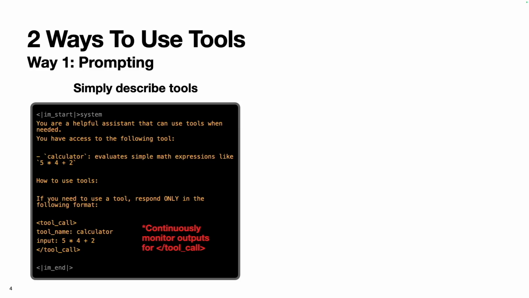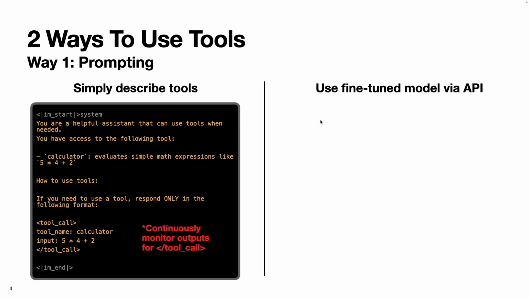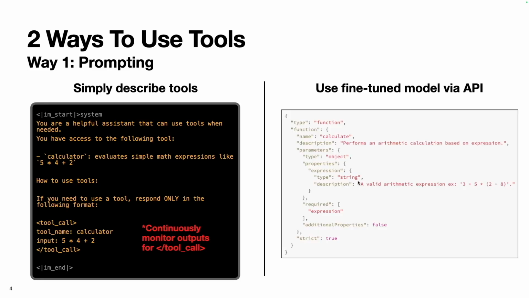However, over the past 6 to 12 months or so, this has gotten much more straightforward because now we have these fine-tuned models specifically for function calling, many of which are available via APIs like OpenAI, Anthropic, Mistral, Together AI, and the list goes on. In these cases, we don't actually need to put anything into the system prompt. We don't need to give any explanations. All we need to do is provide this JSON schema for each tool that we want to provide to the